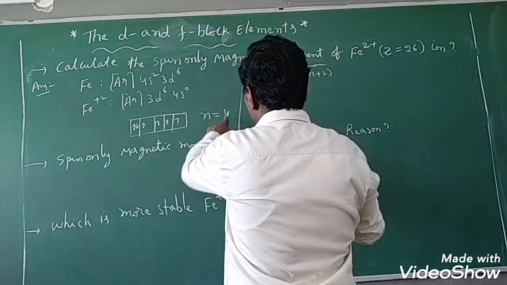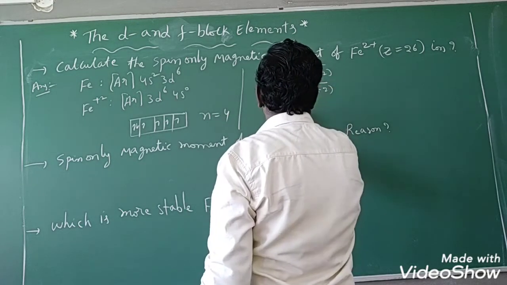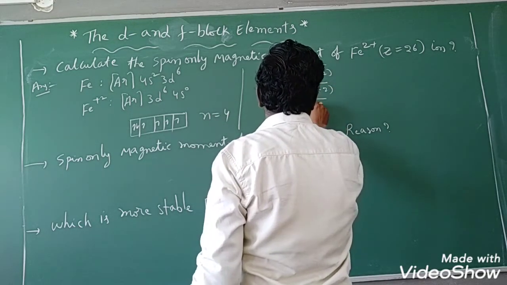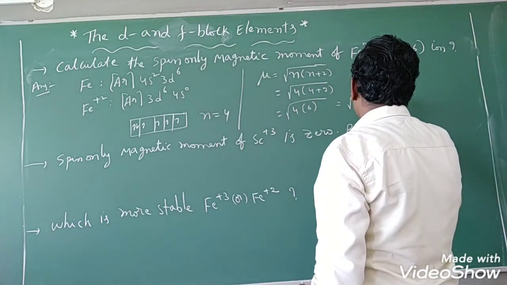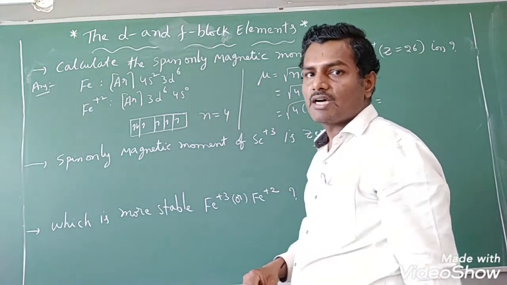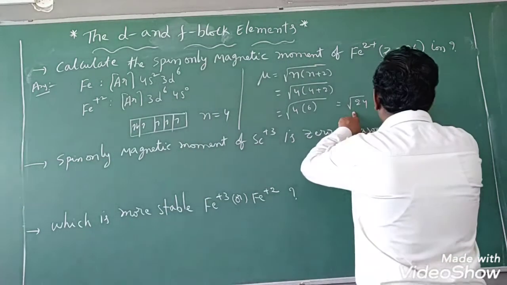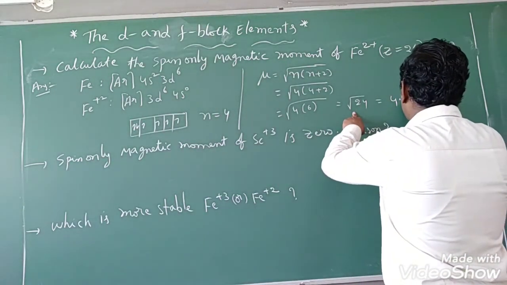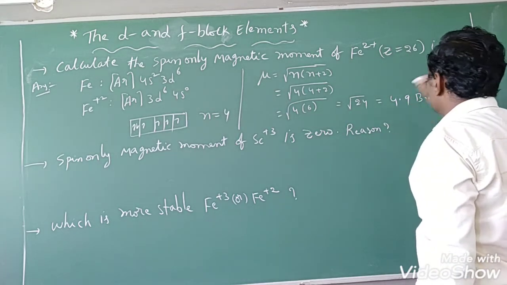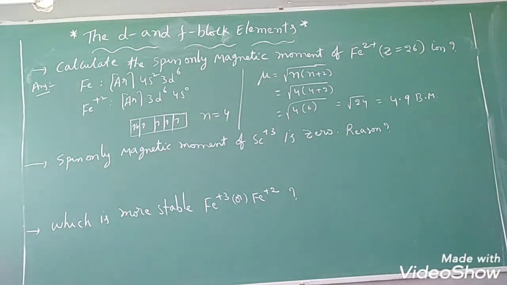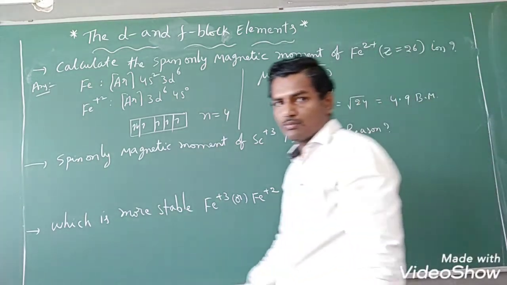We know that magnetic moment mu is equal to square root of n into n plus 2. Now you substitute the value: square root of 4 into 4 plus 2, right? Square root of 4 into 6. 6 4s are how much here? 24. So it is near to 5, because 5 5s are what? 25. So 5 5s are 25, means here it will be 4.9 approximately. This is 4.9 Bohr magneton. This is the spin-only magnetic moment of Fe+2, students.